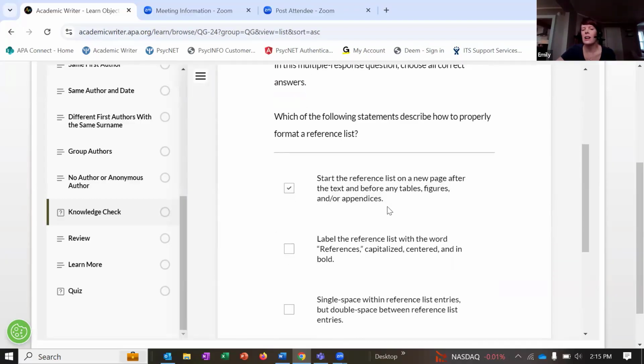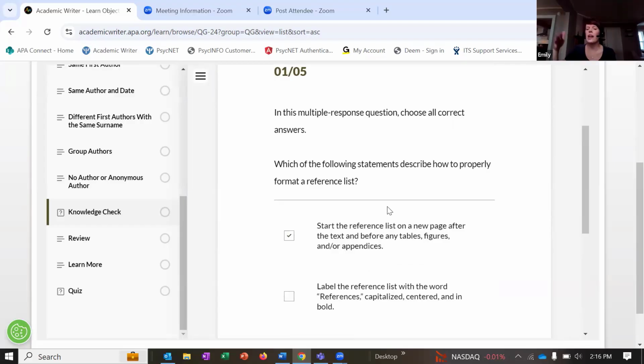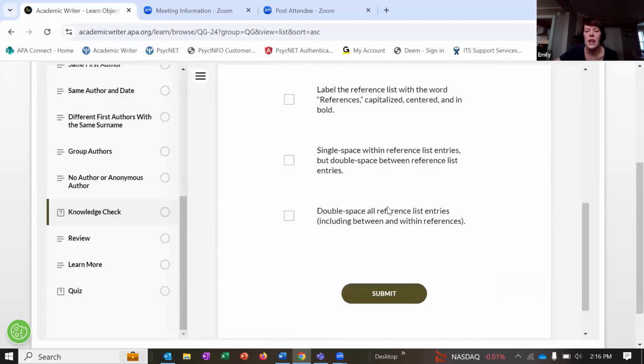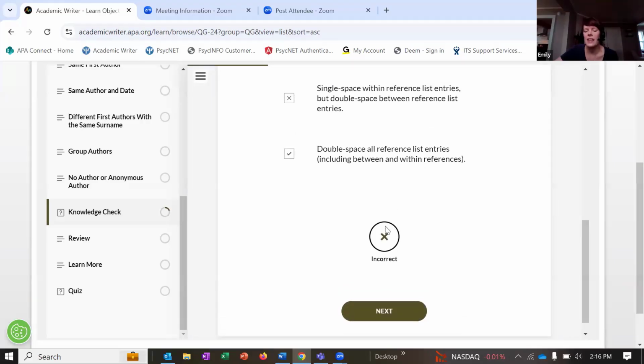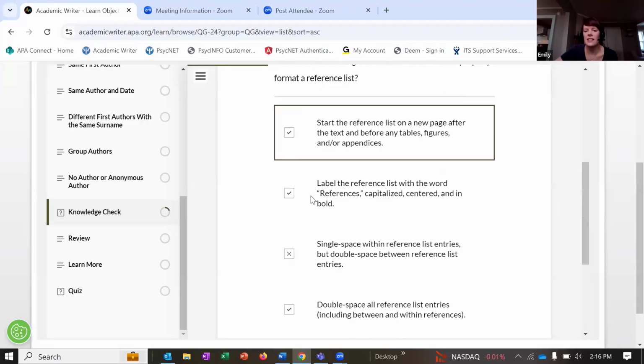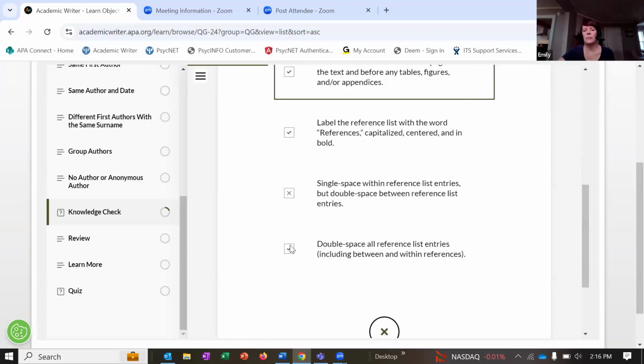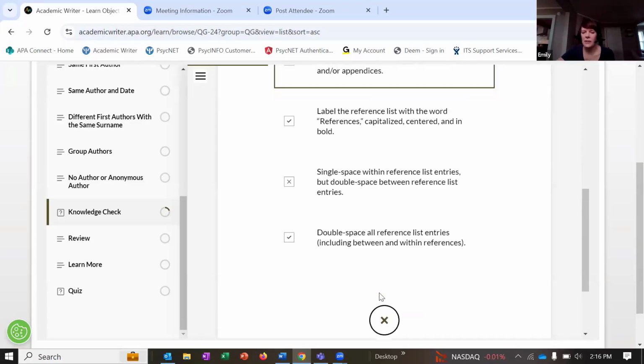Some of them are multi-answer, and some of them are just multiple choice with one specific answer. We'll just hit submit, and it's going to tell me right away that this response was incorrect, and it's going to put a check mark next to the responses that are correct. So I was just missing a couple more of the correct answers. And then we can go to the next one.